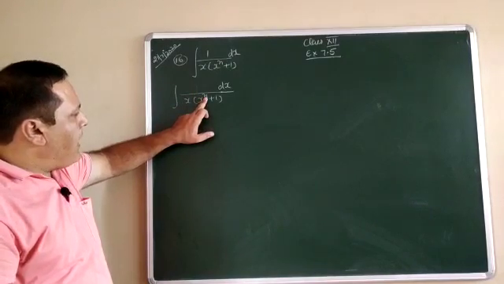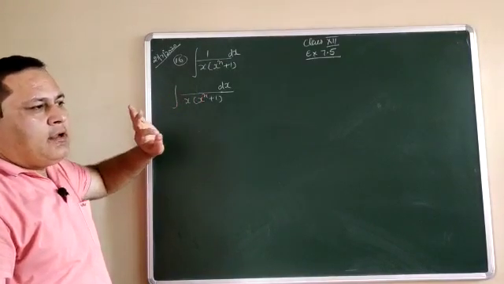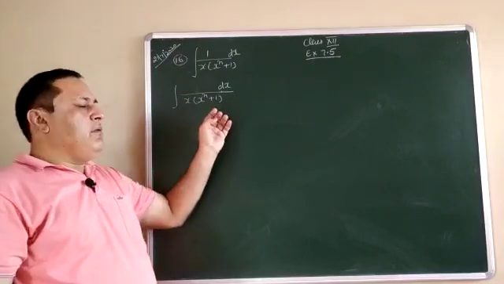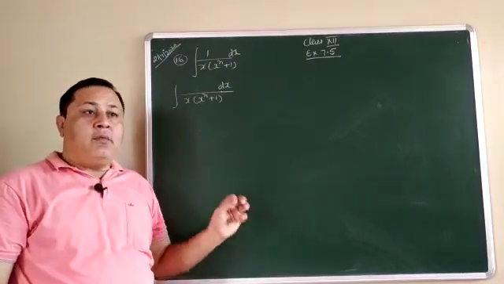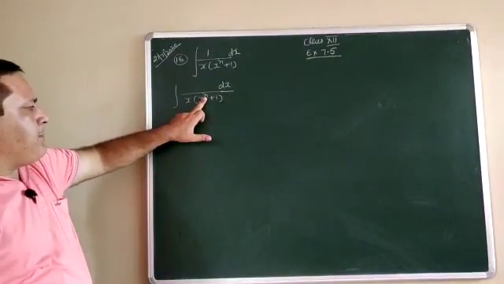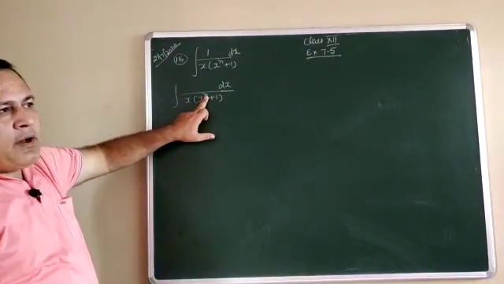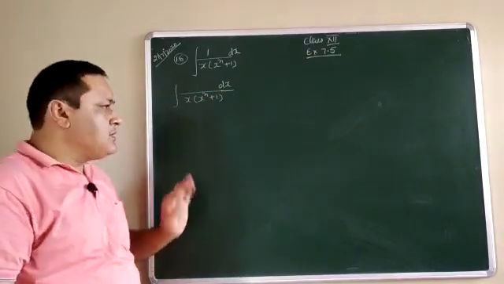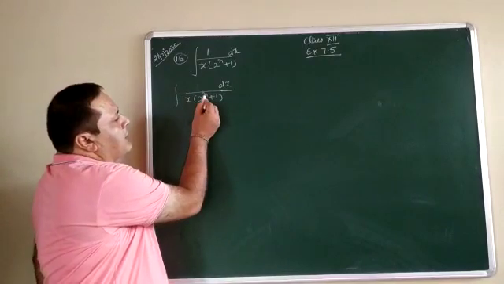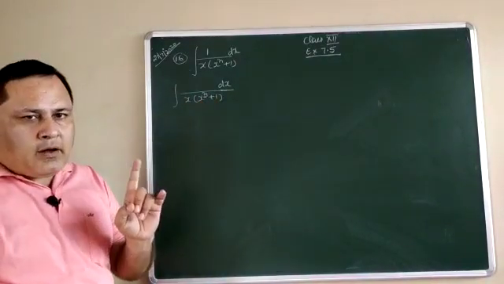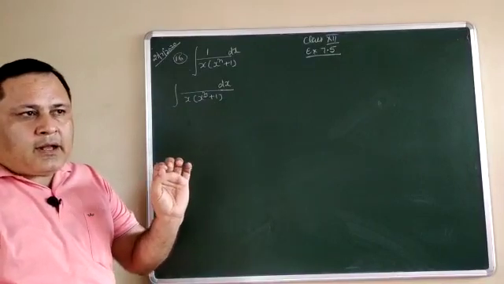X to power n is there, and n can have any positive value in the form of a natural number, maybe 1, maybe 2, maybe 3, maybe 10, maybe 20, maybe 50. So we solve here for n. In case of n power, the easiest method to solve this question is, whatever the power is given, here the given power is n, reduce it by 1. So it becomes n minus 1.